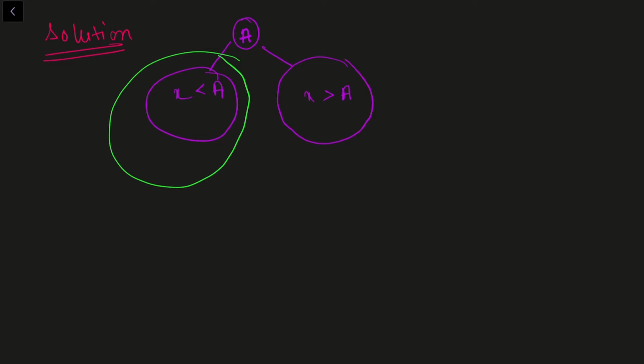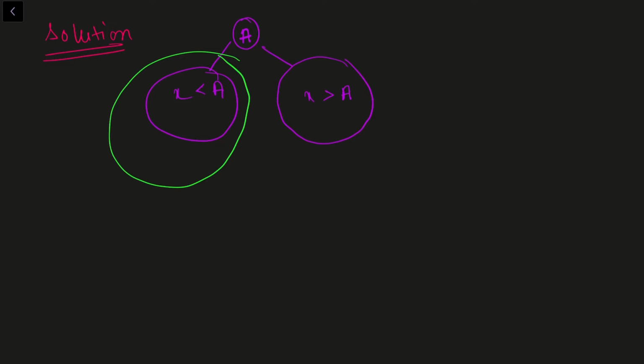Now let us talk about the solution to this problem. Let's say we are given any binary search tree which is rooted at some integer a, right? Now all the values which are less than a should be on the left subtree of this a. Let's say all those values are x, so all these values should be less than a, right? Similarly, what will we have on the right subtree? All the values which are greater than a, right? Now from this observation the conclusion that we can draw is that all the values which are less than a should be present on the left subtree of a, right?